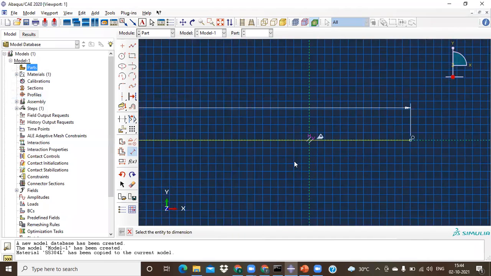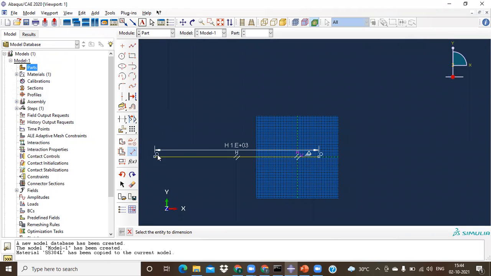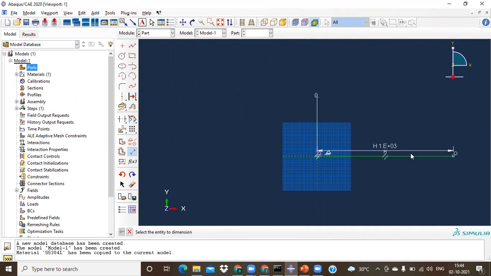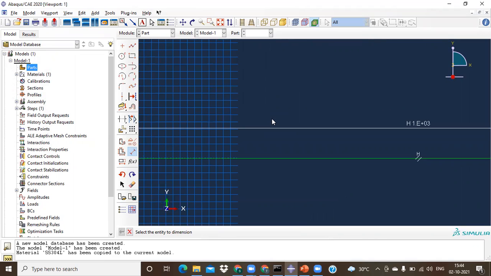And now if you just see, this is where somehow it is going on. You can control this, and to this you can just make it as, okay, like this you are able to go. I'm just adding a measured distance and then I'm just trying to do this one. So now it's completely in a green color. That means it's fully constrained.